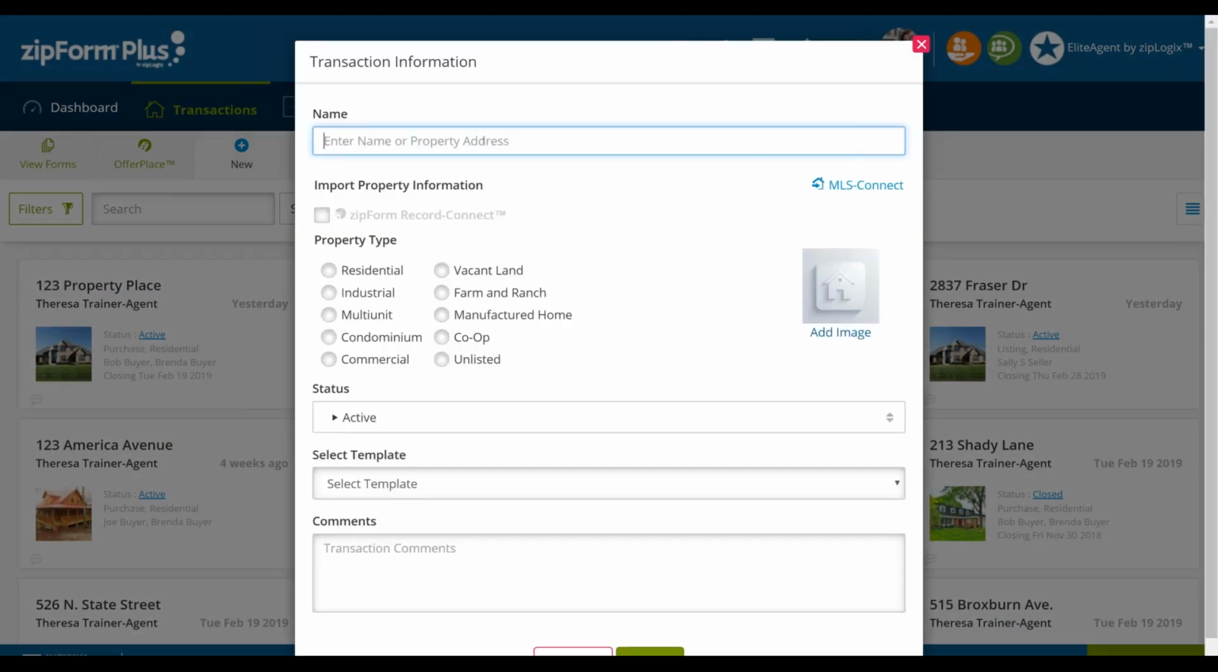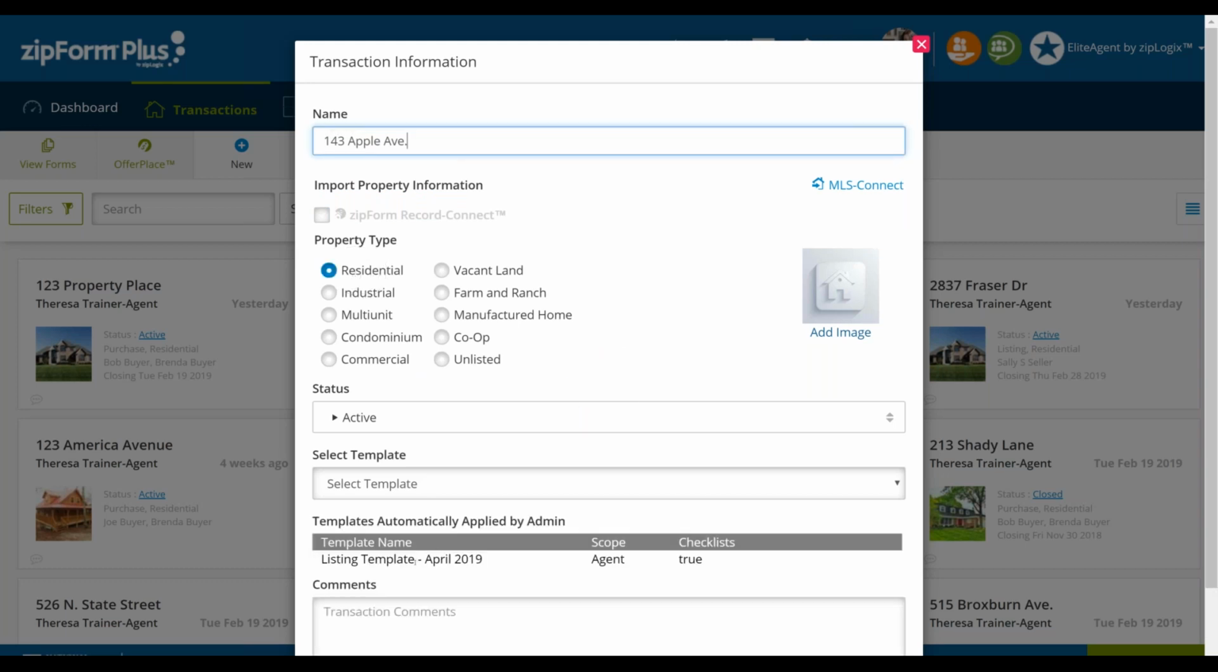And I'm going to give the transaction a name. I can name it after the actual property address, which I would usually recommend. But you can also name it after your seller if you're more comfortable with that. Below, we're going to establish our property type, residential obviously, and I don't know if you noticed, but if you